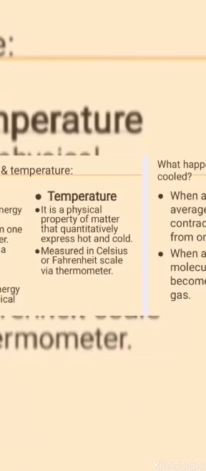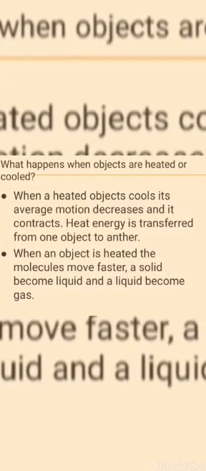It means heat is that kind of energy that is never destroyed, it is just transferred from one object to another. And temperature is a physical property of matter, and it can be quantitatively expressed how hot or cold an object is. It can be measured with a thermometer, and the scales you use are the Celsius and Fahrenheit scales. We already discussed in our last week's lesson how many types of thermometers there are.